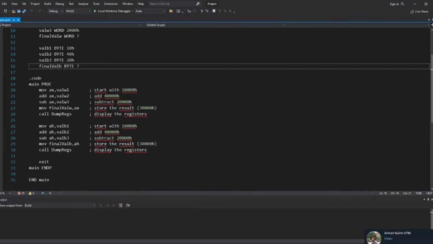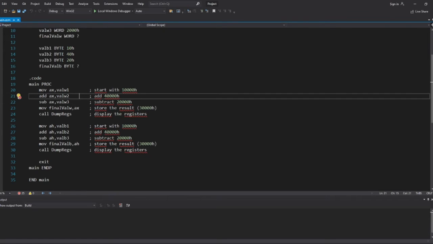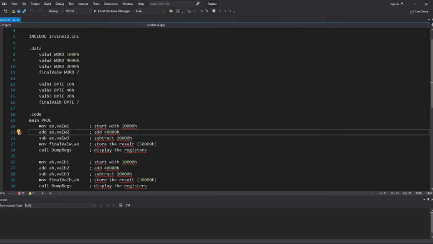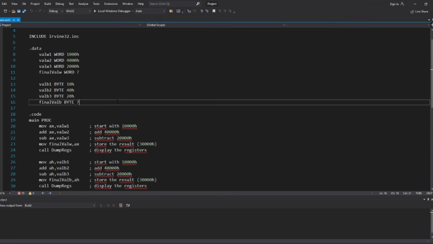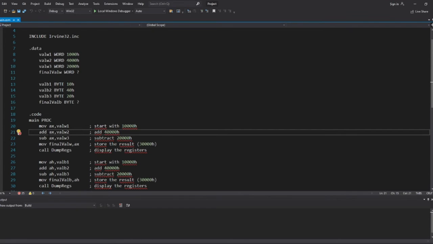Okay, so the main program: we start with move AX, value W1. So the AX starts with the value we already declared, which is 1000H. Next is add AX with value W2, which is 4000H. So the value right now is 5000H.